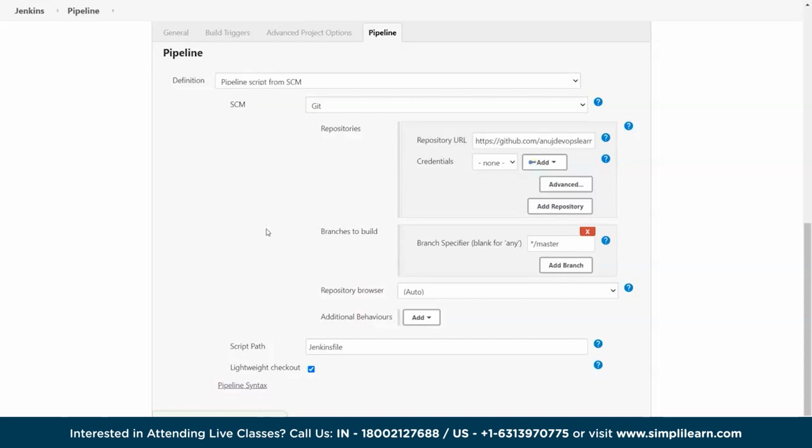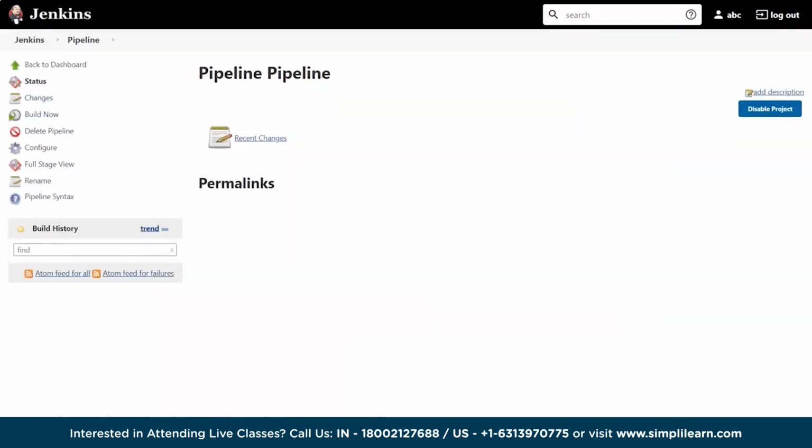Now in this one, if it is a private repository, definitely you can add your credentials, but this is a public repository, a personal repository, so I don't have to put any kind of credentials. But you can always add the credentials with the help of add here, and that can help you set up whatever credentials for the private repositories you want to configure. Now once you save the configuration here,